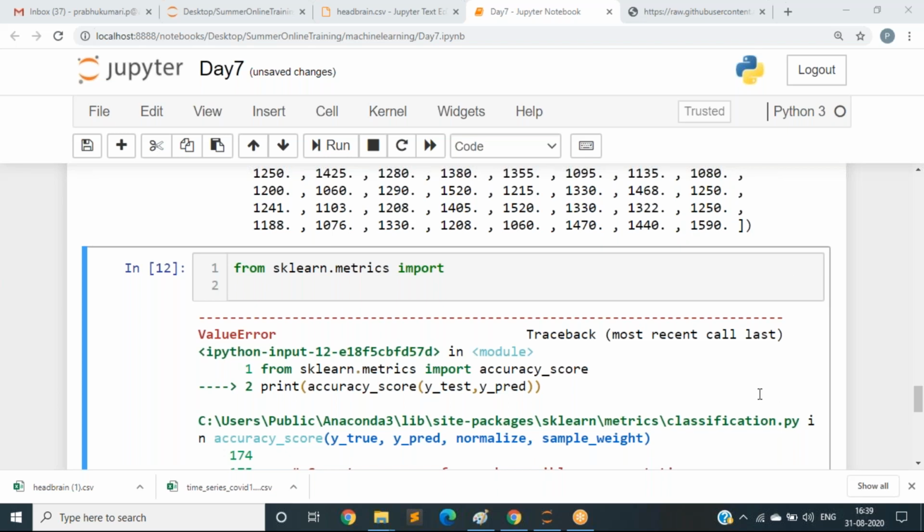Yes, calculate the R2 score and tell me the score that you are getting. All of you calculate the R2 score and tell me the score.